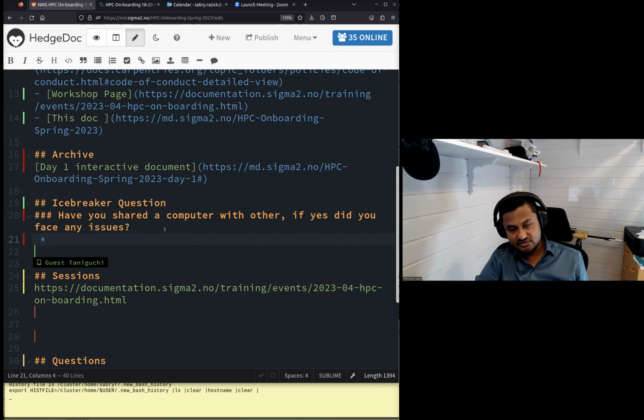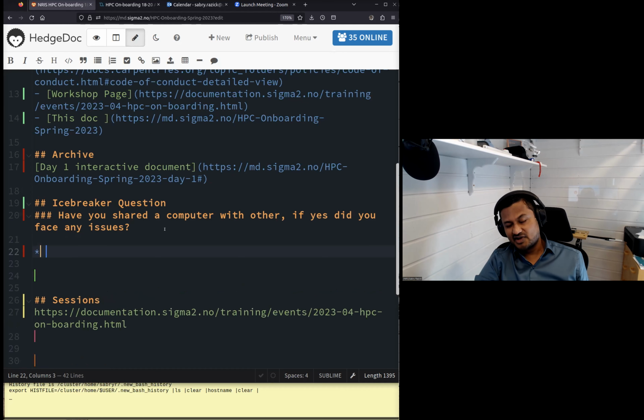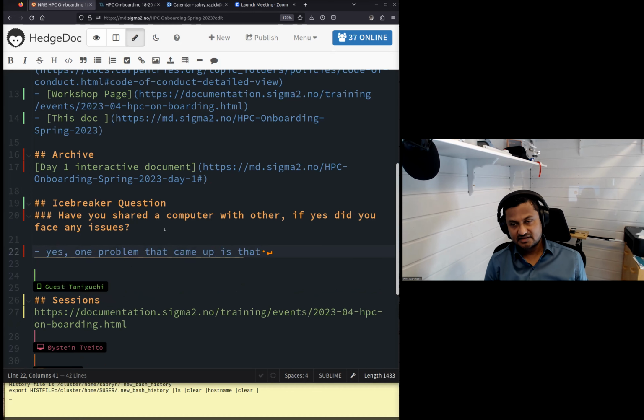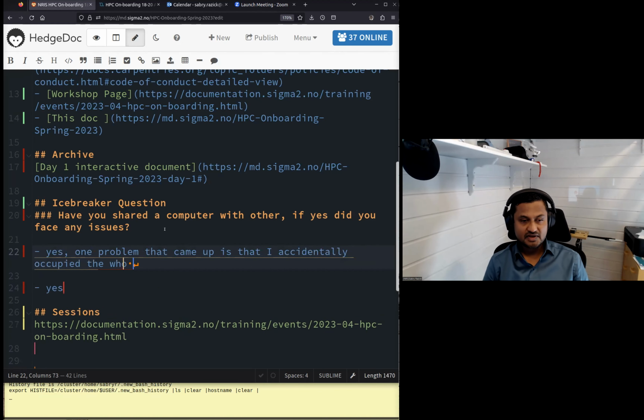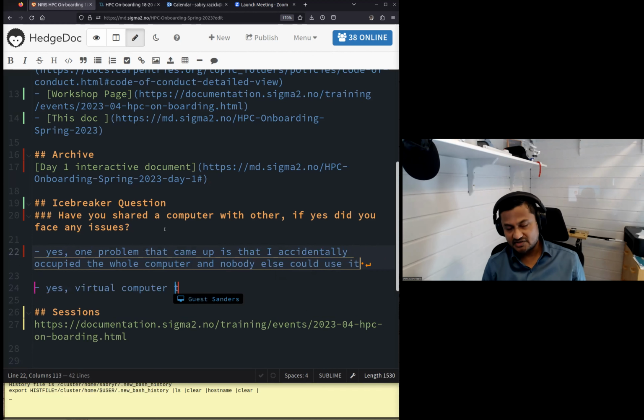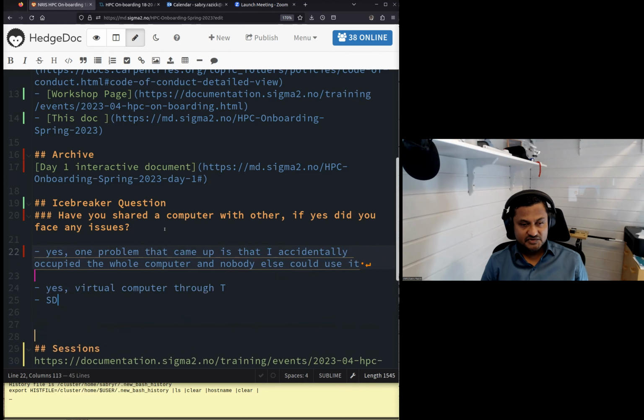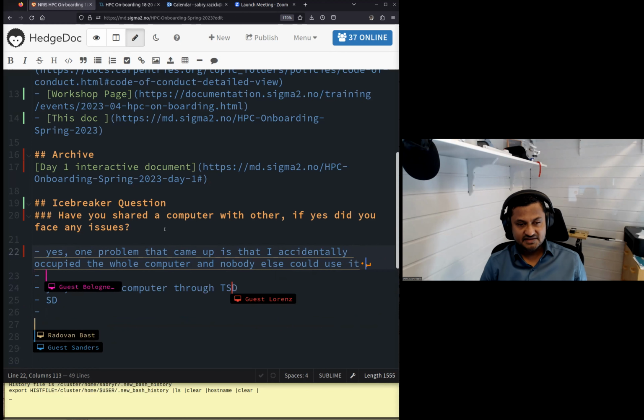The question is very broad. It is not only that you have a laptop you share with others. That's also something you could think of as sharing. Or a computer placed in a central place, a university, like a server that you had to share with your colleagues, or some remote collaboration partnership that you had to go through. This is to see whether we can have some discussion points later on. So I will let you type these things.